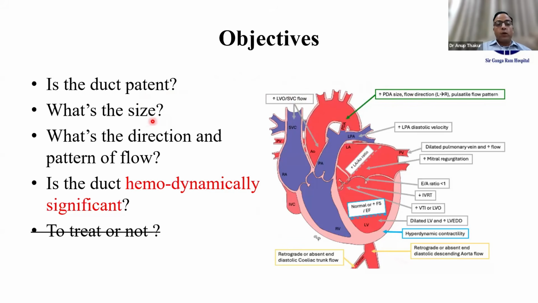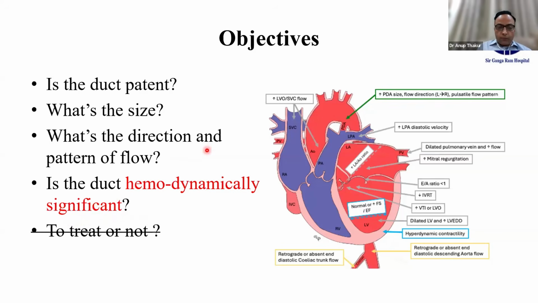of the duct, what is the direction and pattern of flow. So is it left to right, or is it really kind of a large duct which is pulsatile, what we call, or is it a small duct and restrictive? And we'll try to reach or at least have some kind of idea what is a hemodynamically significant duct on